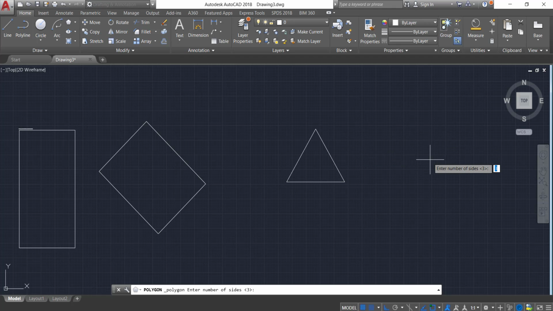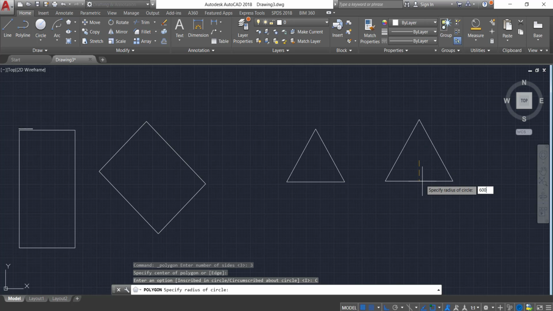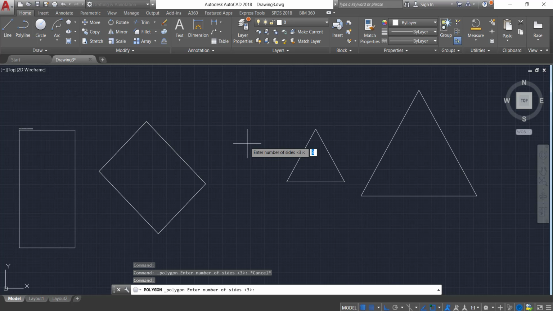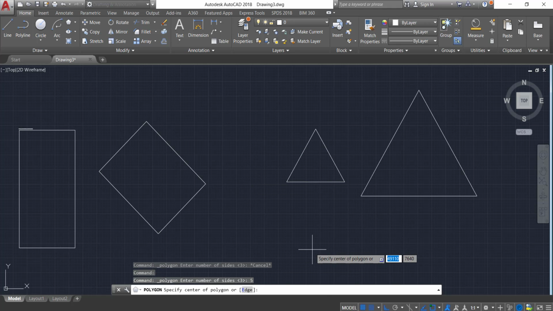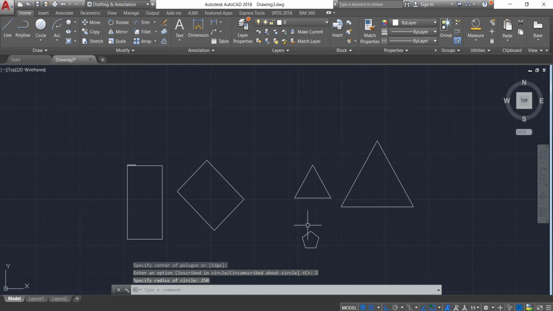Same way, if I choose the second option, first provide the sides 3, then center point, then circumscribed about circle, then again 600, and here is our triangle. So with the help of any of the methods, you can create the triangle. Same way, if you require a pentagon, just type 5, then select the center, inscribed, provide the dimension 250, and here is our pentagon.